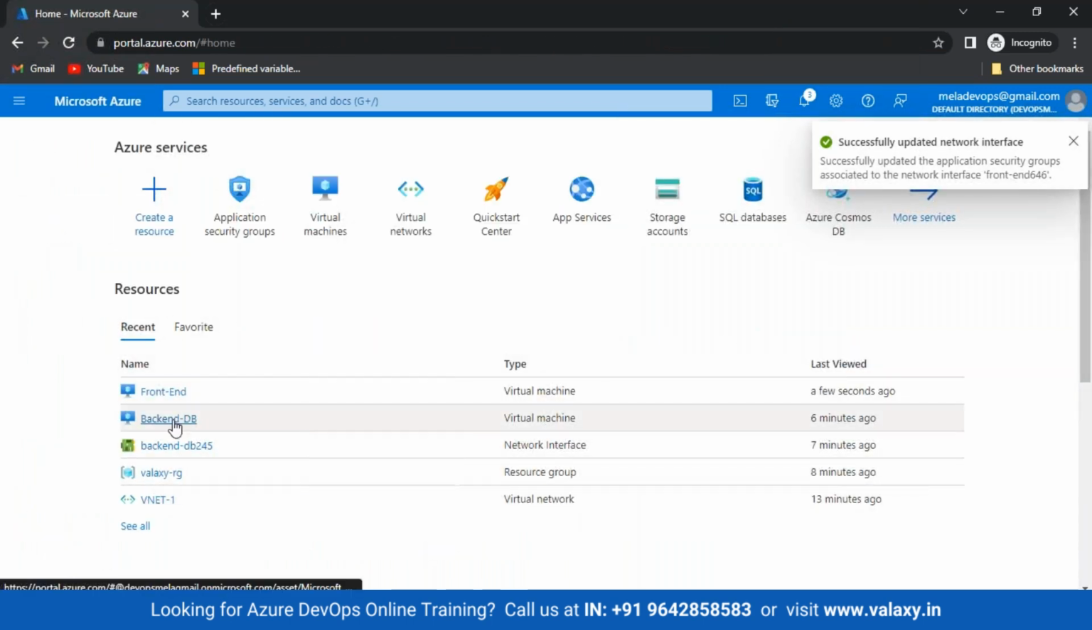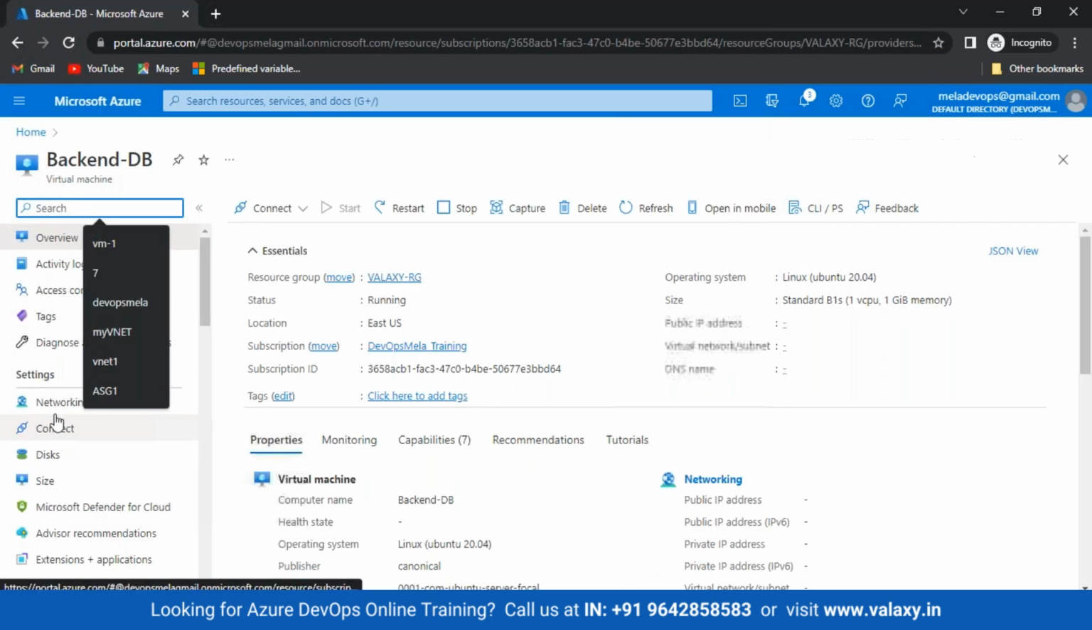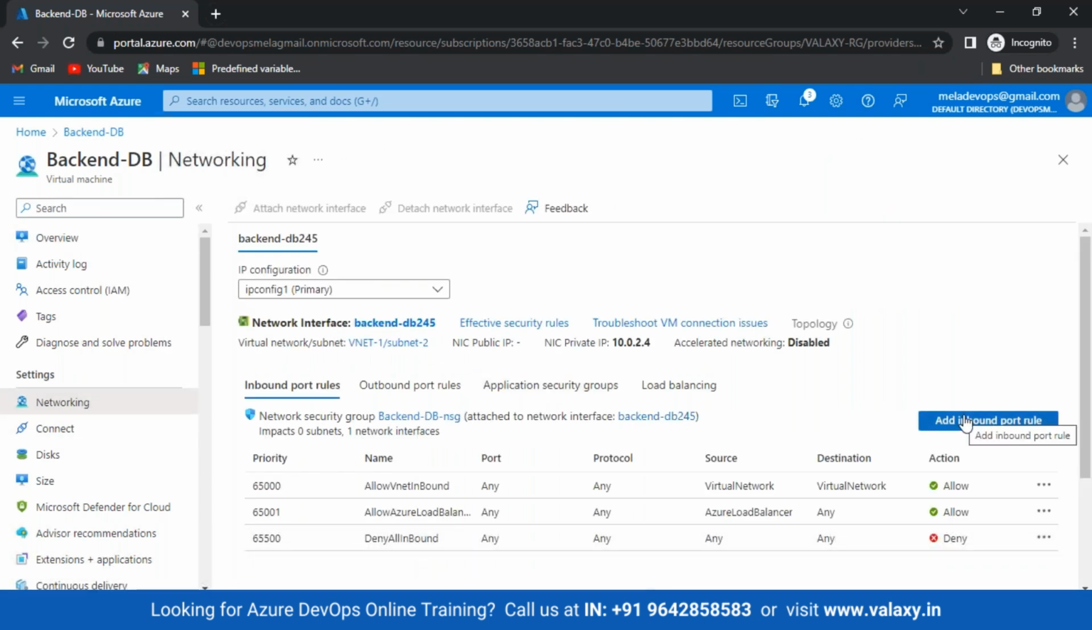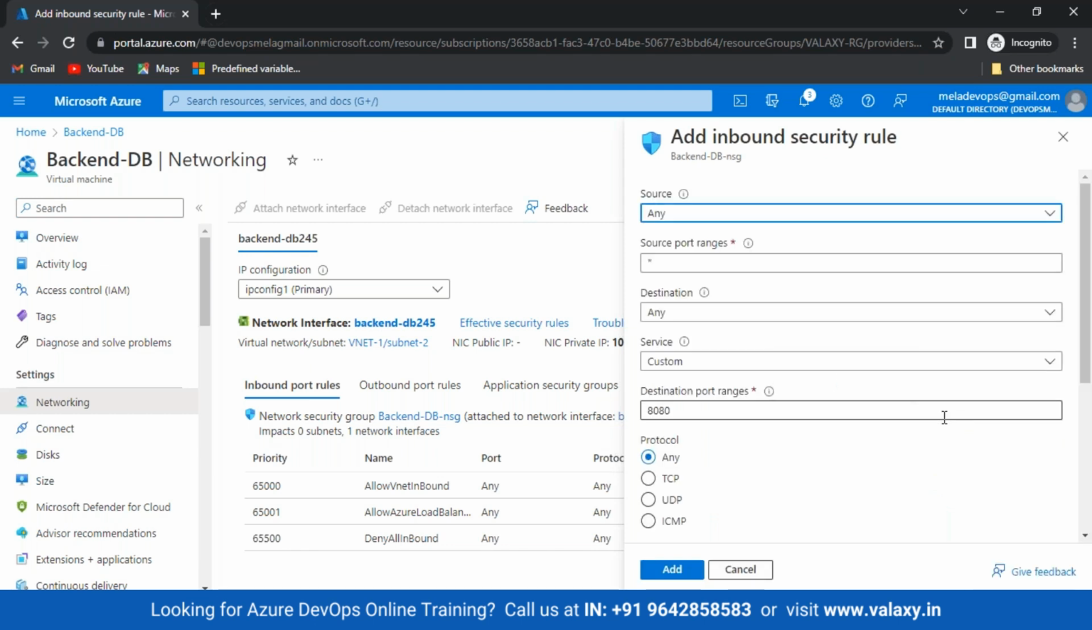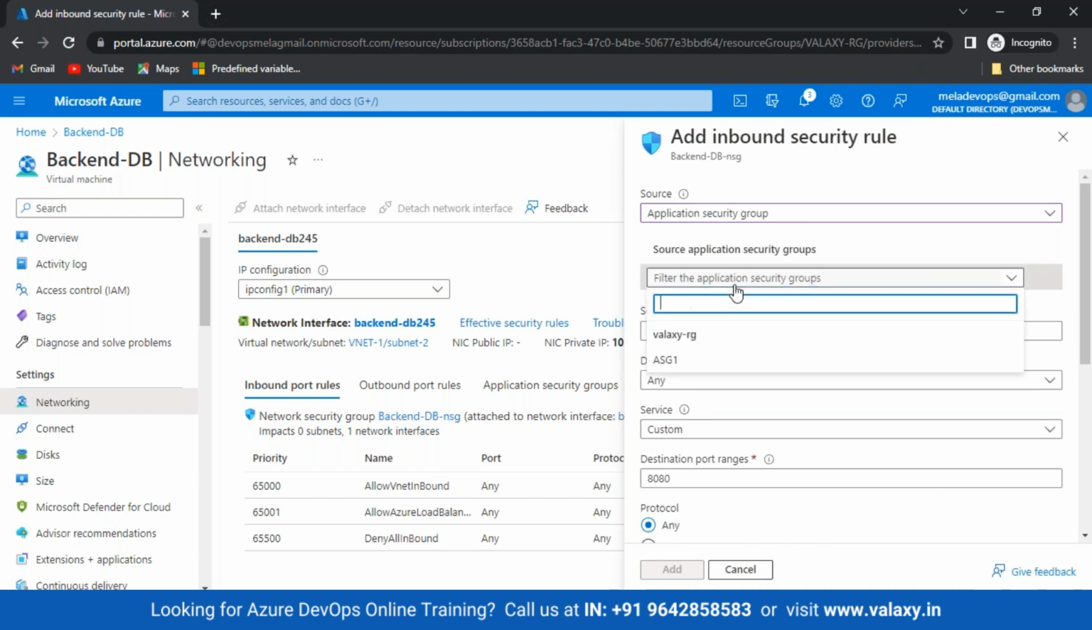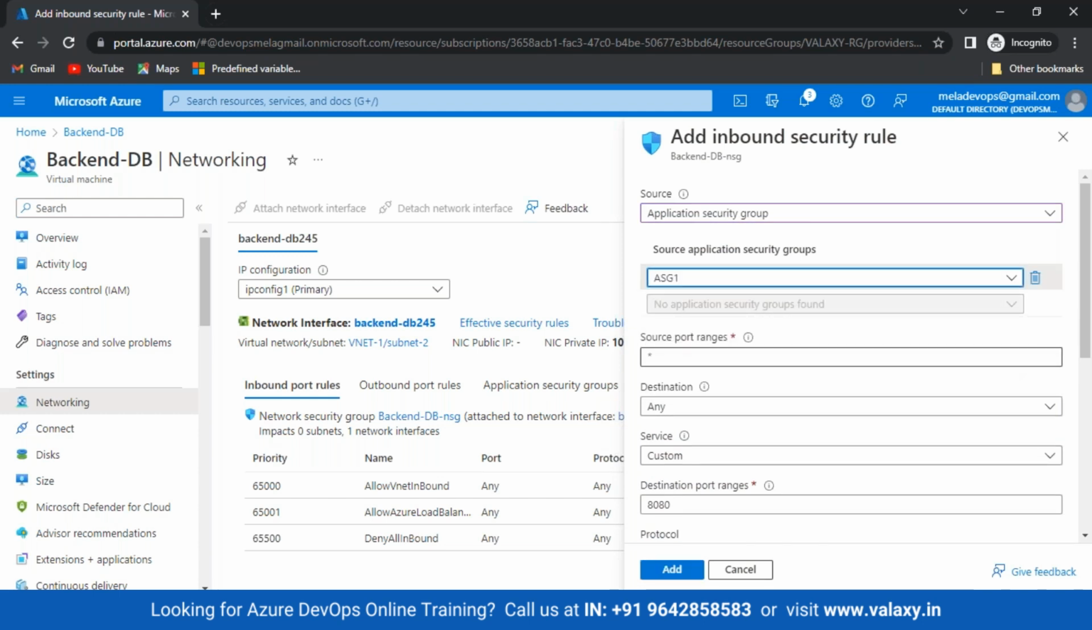I can go to my backend DB VM and go to networking. Over here, when I'm allowing inbound rules, see what I'll do. What will my source be? My source will be ASG. This is my source. So what do I mean? Only from this VM